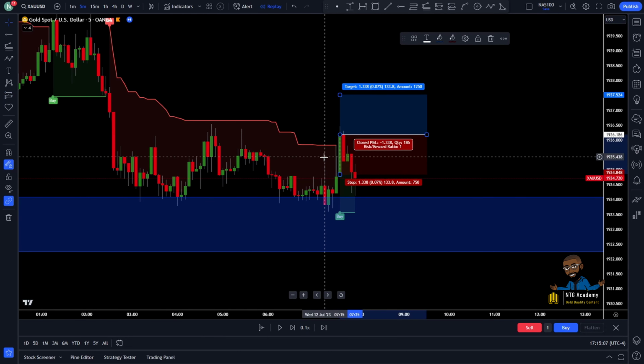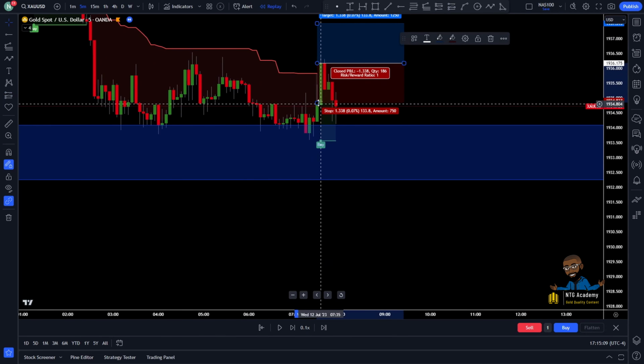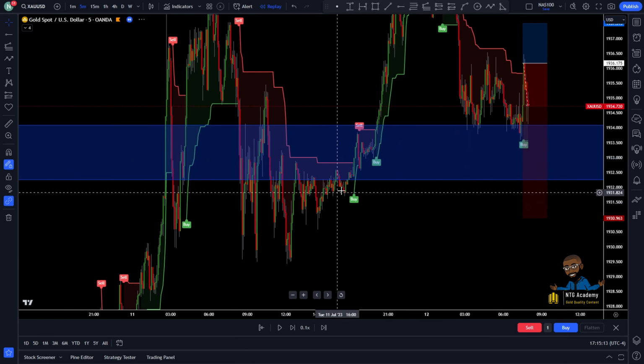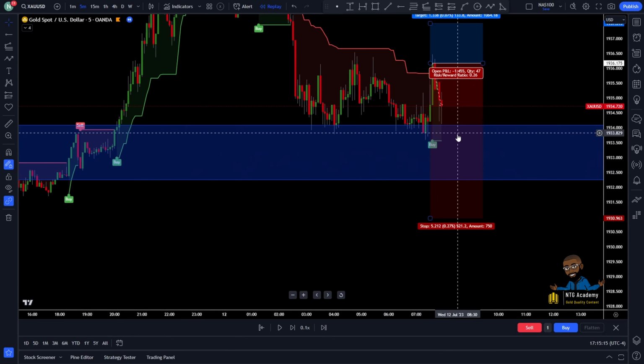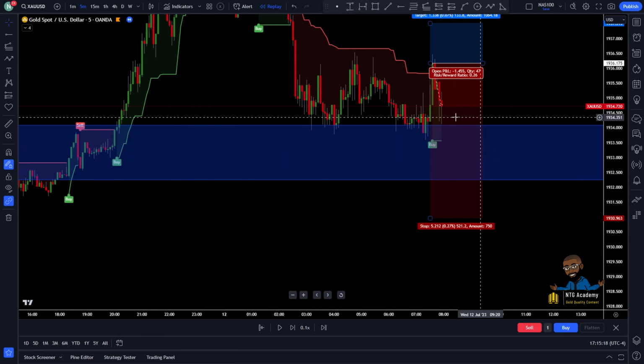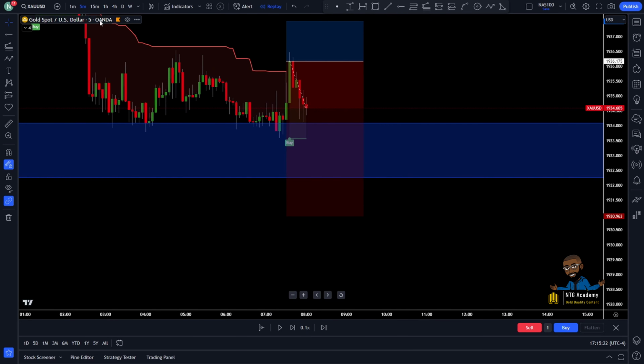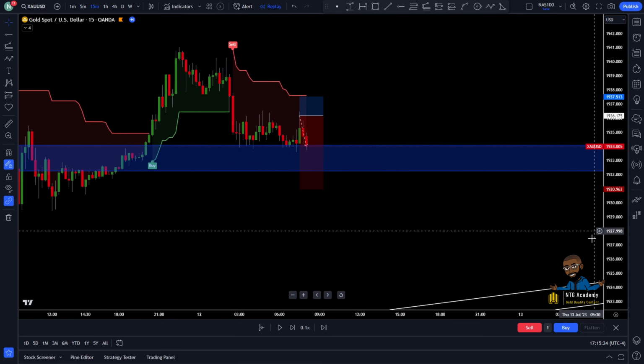I'm waiting for that crossover, and I have my buy entry here. I'm going to put my stop loss right below that zone of resistance here, because we can still come back and retest this huge area. All right, so now that we're in that trade, I want to go to my 15-minute time frame, and I want to see